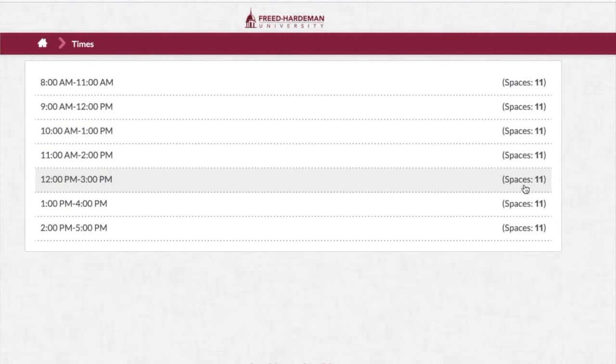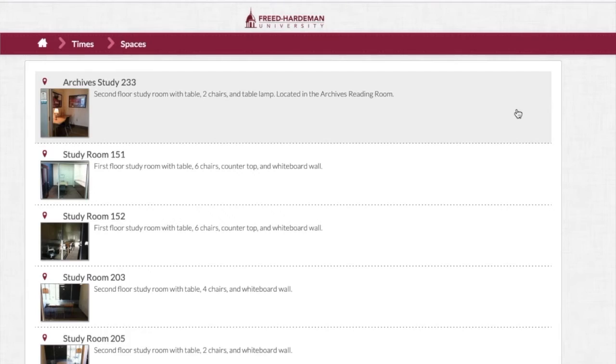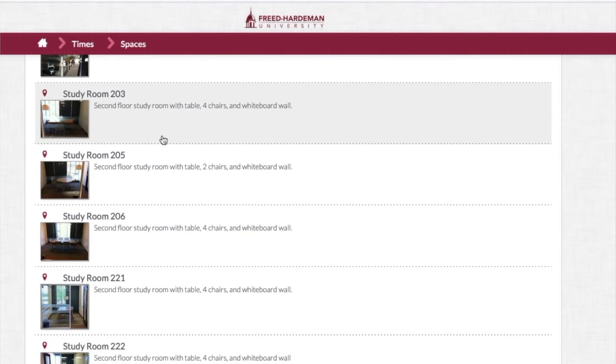But right now, we're lucky because look, 11 spaces across the board here. So suppose it's right now, maybe it's during chapel or something, and I chose to skip. I shouldn't do that, but anyway, here are my options at this 9 to noon time slot, and here are all my room choices,